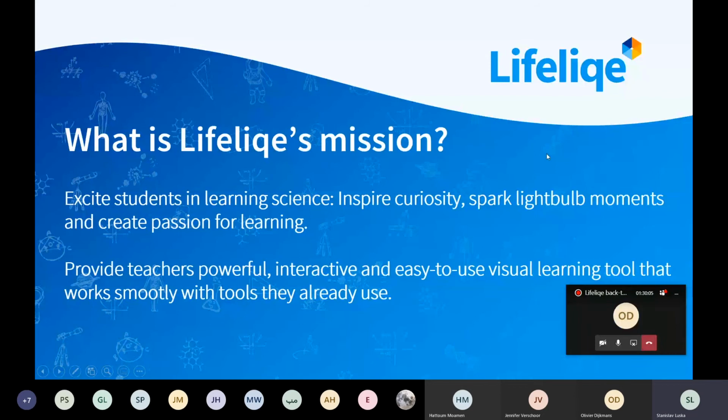What is the mission of Lifeliqe? Well, basically, we were inspired to do what we do because we wanted to improve students' engagement in the classes, because sometimes it happens that many students are not really interested in the things they learn, or they don't pay so much attention, or they are simply not so excited about learning. So we try to invent something which would inspire their curiosity and help them to understand better the difficult concepts in difficult subjects, like, for example, physics, biology, and so on. And in this way, we try to create their passion for learning, so they would like to discover on their own the world of science